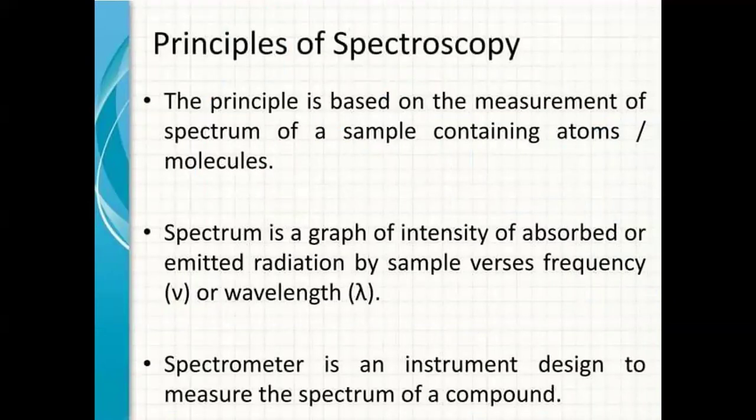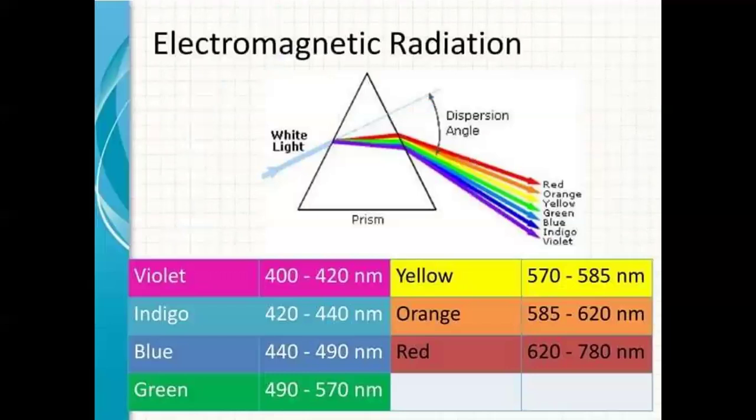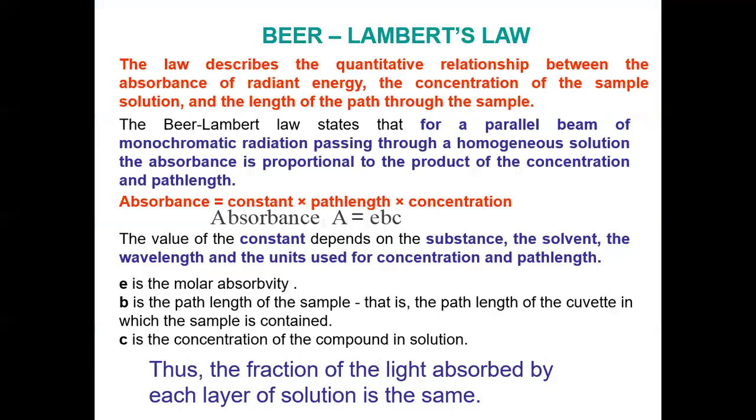So let us look at the principle of what the spectroscopy works on. This works on the principle of atoms or molecules when they come in contact with light. Based upon the intensity of the light absorbed, you can measure the concentration. So this works on this simple principle. If the reaction is a color reaction, we usually go with the visible wavelength, that is starting from 400 to 780. If the reaction is a colorless reaction, you will go mainly with the UV radiations.